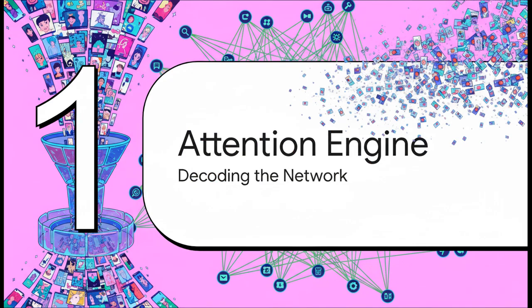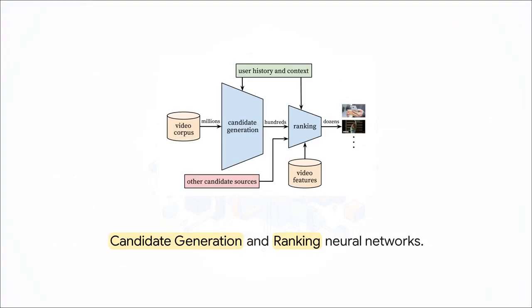It's time to decode the algorithm's neural network. Picture this. A viewer opens the app, and the system instantly faces a massive problem. There are hundreds of millions of available videos. How does it choose? It uses an incredibly sophisticated two-part deep neural network. First up is the candidate generation network. This uses collaborative filtering, basically looking at watch history and search context to narrow millions of videos down to just a few hundred. Then, the ranking network steps in, scoring those hundreds of videos against each other to present just the absolute best top few dozen directly to the viewer's screen.